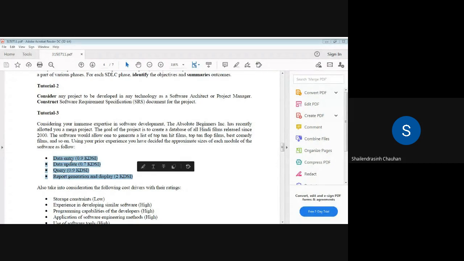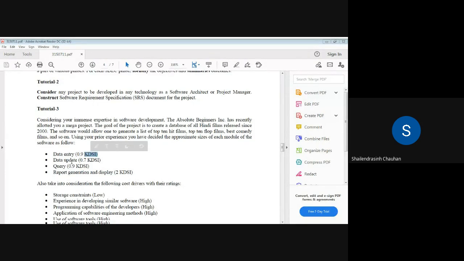So these are approximate sizes of different things: data entry 0.9 KDSI, data update 0.7 KDSI, query 0.9 KDSI, and report generation and display 2 KDSI. Now KDSI is nothing but lines of code, you can say. Fine. So that is in kilo.